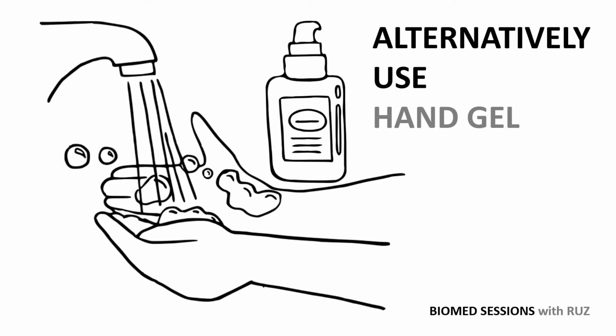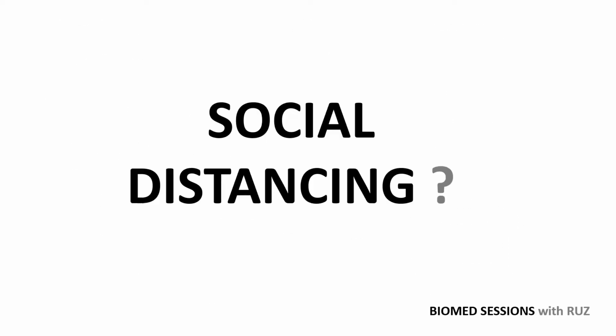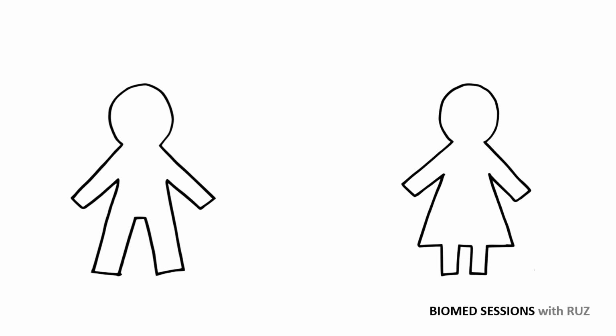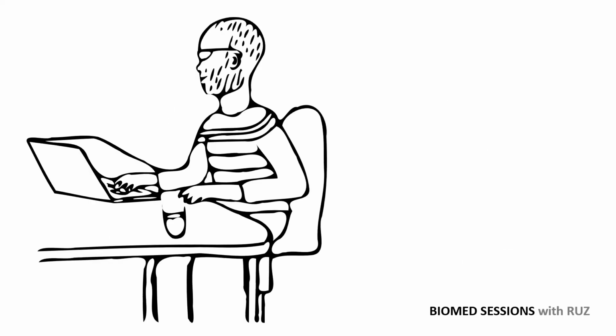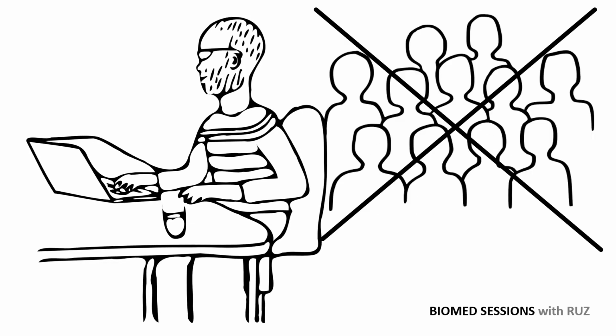It is also helpful to regularly disinfect surfaces as they may be covered with respiratory droplets. So what's all this talk about social distancing? Social distancing is the act of increasing physical space between yourself and others in order to reduce the chances of getting or transmitting disease. Examples of what you can do include maintaining a distance of at least 2 meters from